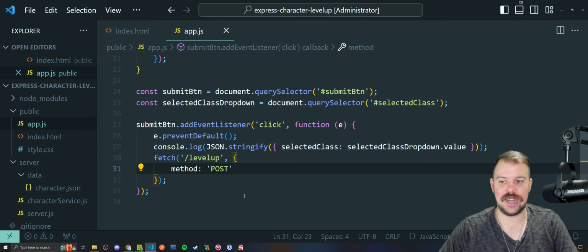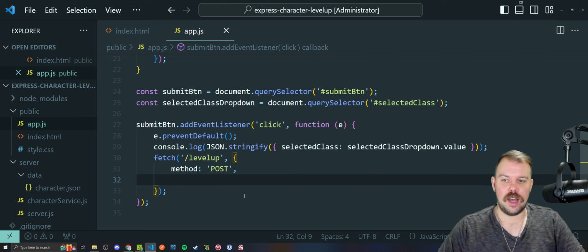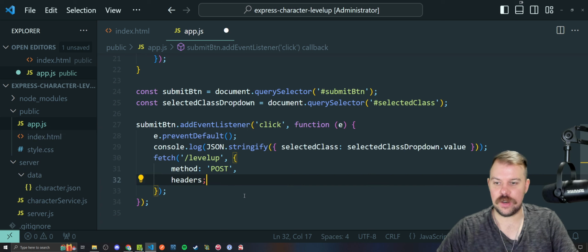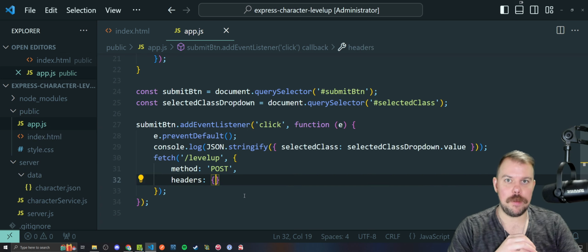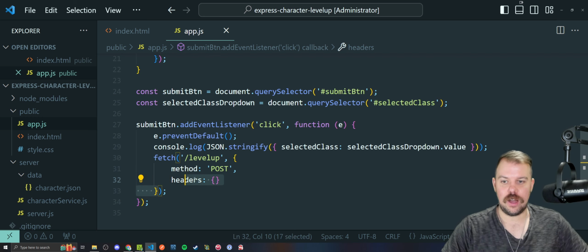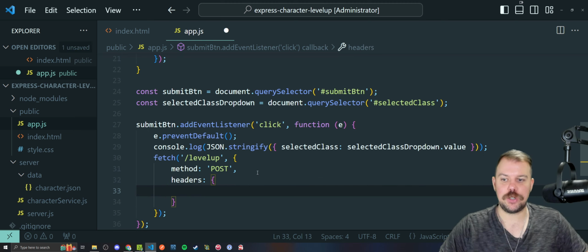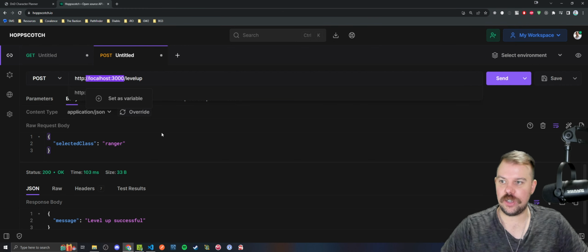So here's how that's written, and it can get a little crazy on your first go-around. In order to add some metadata saying, hey, this fetch request will be carrying a JSON body, how do we tell our server, hey, this fetch request has JSON with it so you can kick on that Express.json interpreter? That is a property here called headers. It is another sub-object of the original options object. So there's our options object of method, and headers is yet another sub-object. Inside of this sub-object, we need to provide the key and value that we see